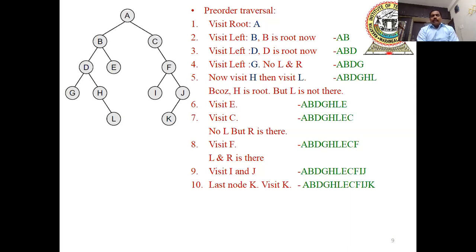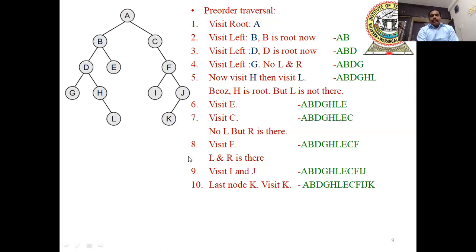The root node there is D. The leftmost element G is over. The root is D, we visited it, then the left side, then we go to the right side. D's left child we have already visited, so we go to the right side. Now H is there. H is on the right side, so now H is the root node. There is no left child, but a right child is there. After the root, L will be there.